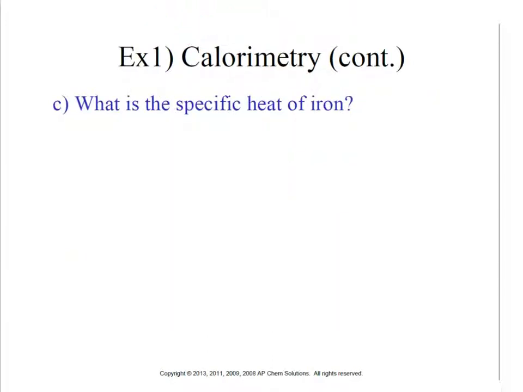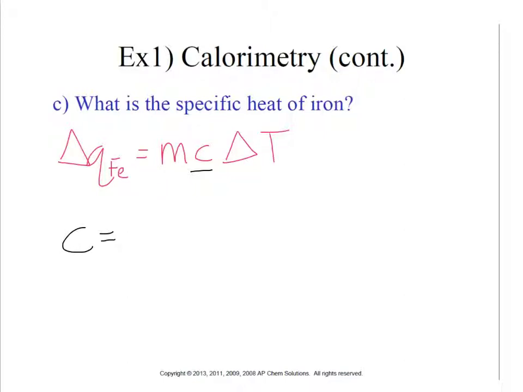Alright, let's find the specific heat of iron then. How much energy does it take to raise it by 1 degree Celsius? Remembering that the change in energy is going to be mc delta T. And in this case, we are looking for C. So I'm going to go ahead and rearrange this equation before I plug numbers in. So that means the heat capacity is going to be equal to the delta Q divided by mass times delta